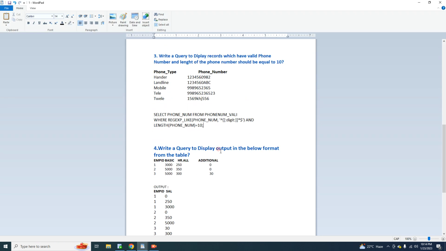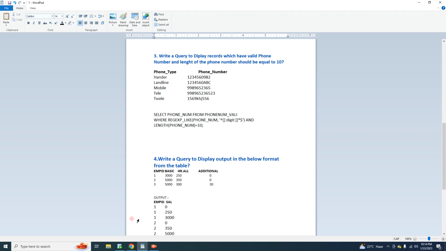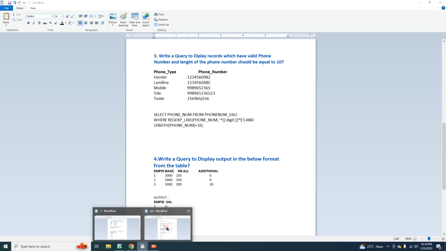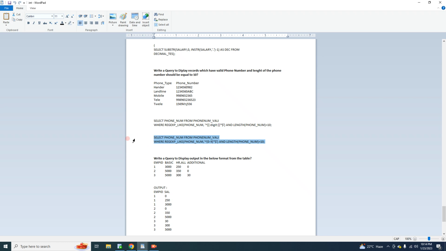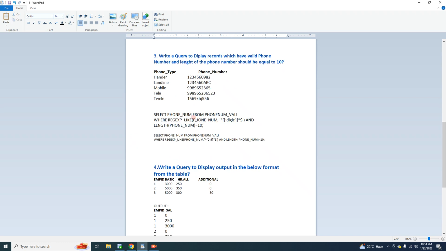Please let me know if you have any doubts on this query. Similarly, we have another way to write the query to get this kind of results. There is another query also available, just making a few changes in the search criteria. So here we used digits. It's one of the ways to search, but if a particular column has any digits, and this is another way